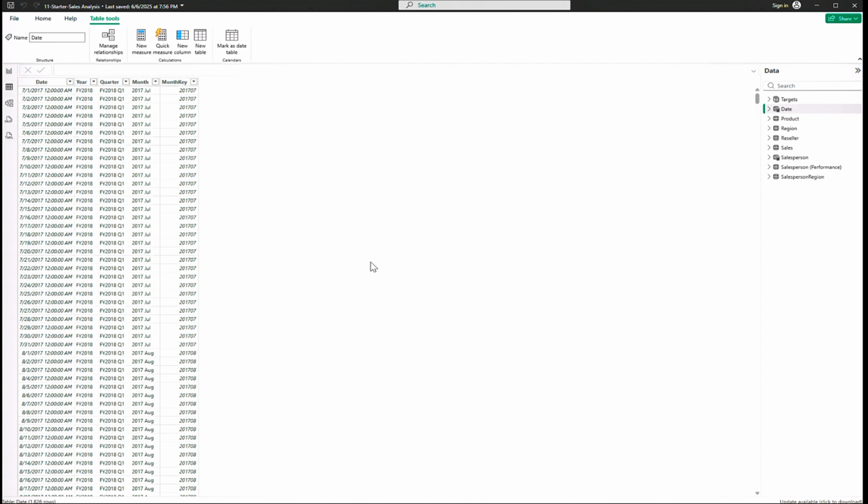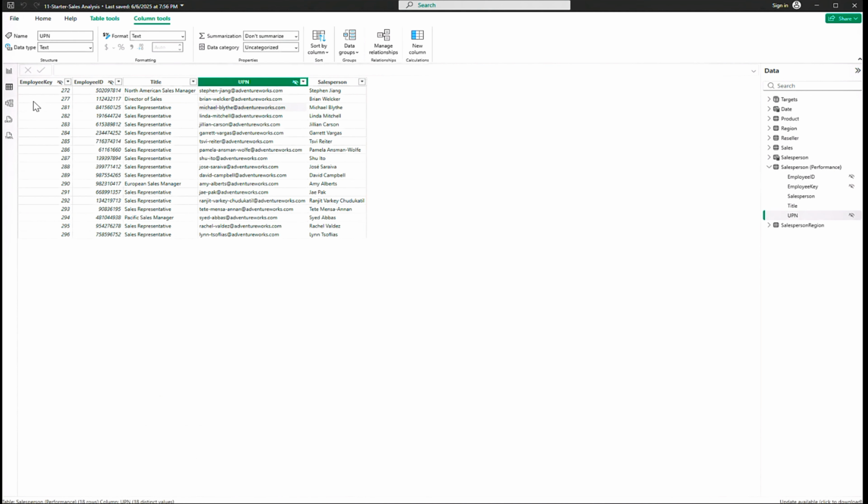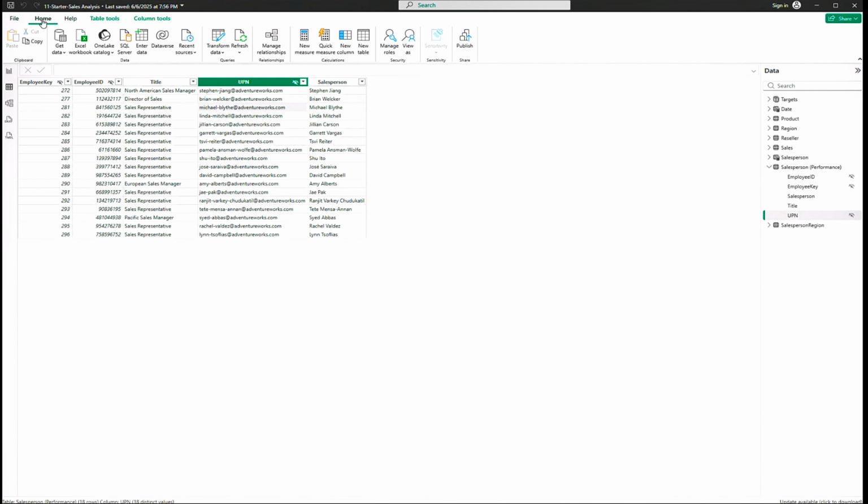So we are going to enforce row level security. In the data pane, select the salesperson performance table. Click that one. So data is populating, and check data for Michael Blythe and see the UPN value. Now go back to the home ribbon, and from the security group select manage roles,